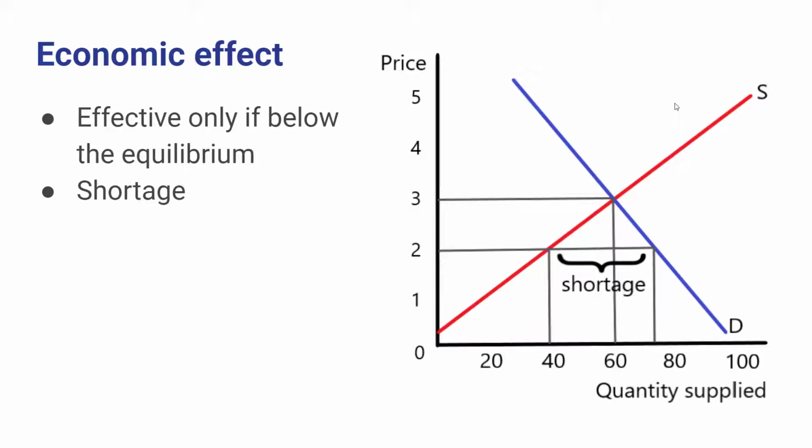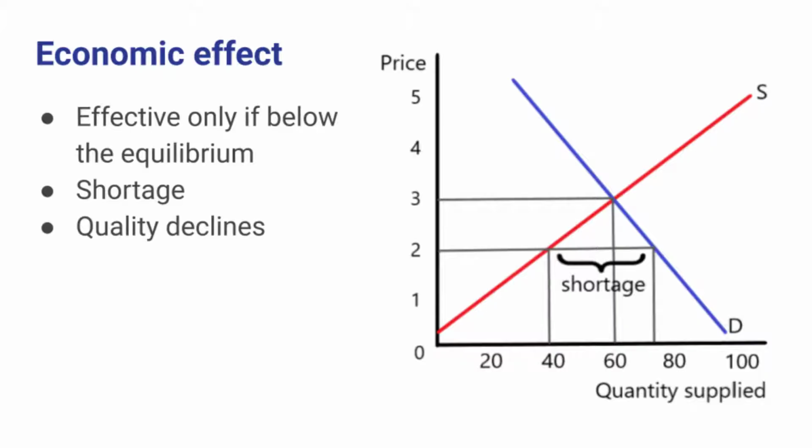Because of the shortage, though, there's more people wanting to buy the good than there's units of the good being offered for sale. What occurs in that case is that sellers don't have much of an incentive to maintain the quality of the product. So we often observe that binding price ceilings result in a decline in the quality of